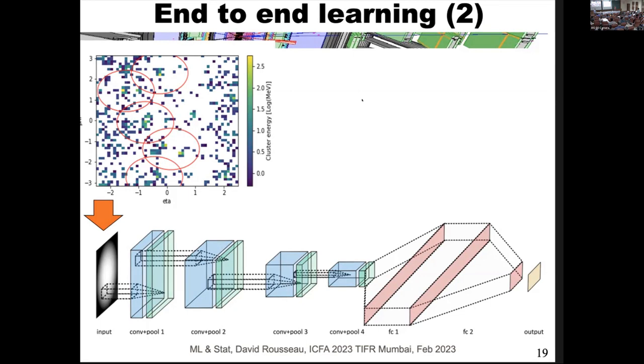Okay, I'm not sure I get it. So these are the energies in bins in eta and phi in the detector, which in this case is like the CMS detector. It's a cylinder. You split the cylinder, you open it, and you have these maps. The square is the energy deposition, with the color map. The red circles are the jets, which are constructed by a standard jet algorithm, which is completely standard in particle physics.